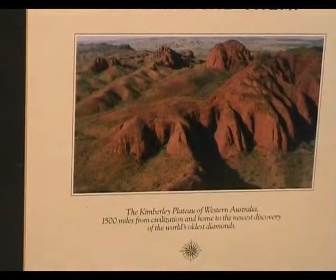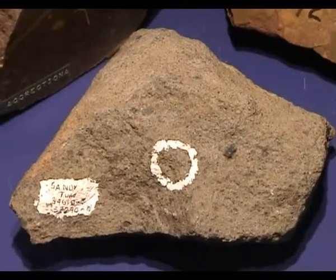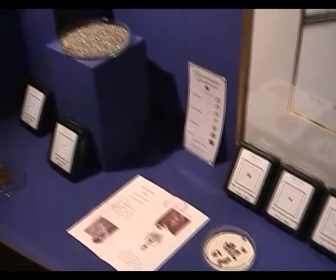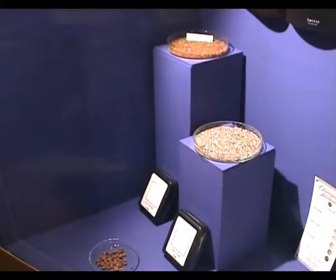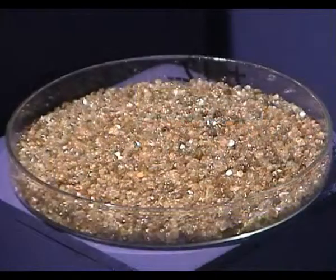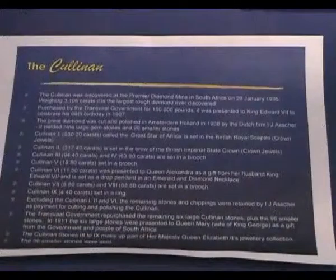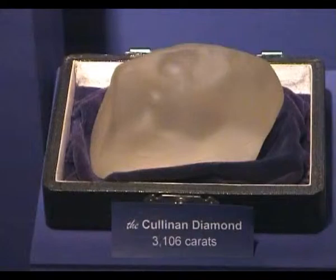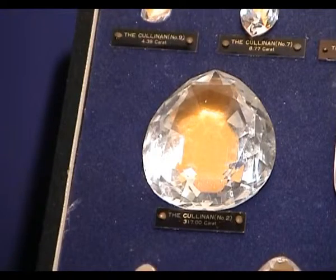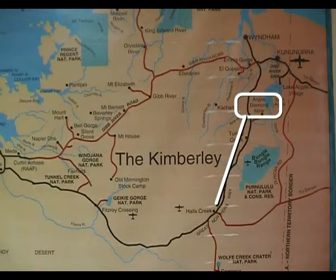In the Kimberley Plateau, Western Australia, 1,500 miles from civilization and home to the newest discovery of the world's oldest diamond, including that circled in its host rock at Argyle. And this is a magnificent display of the diamonds, both before they are treated with acid to clean them and after they have been acid washed. But sadly, no samples. There was also an interesting display of models of the most famous diamonds of the world, including the Cullinan, the largest diamond ever discovered and one of the stones cut from it. But it's now time to leave Argyle and head south to Halls Creek,